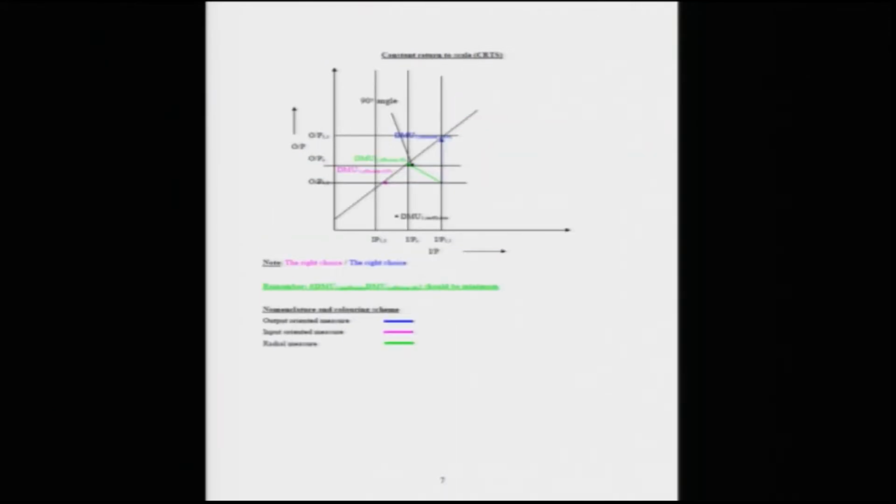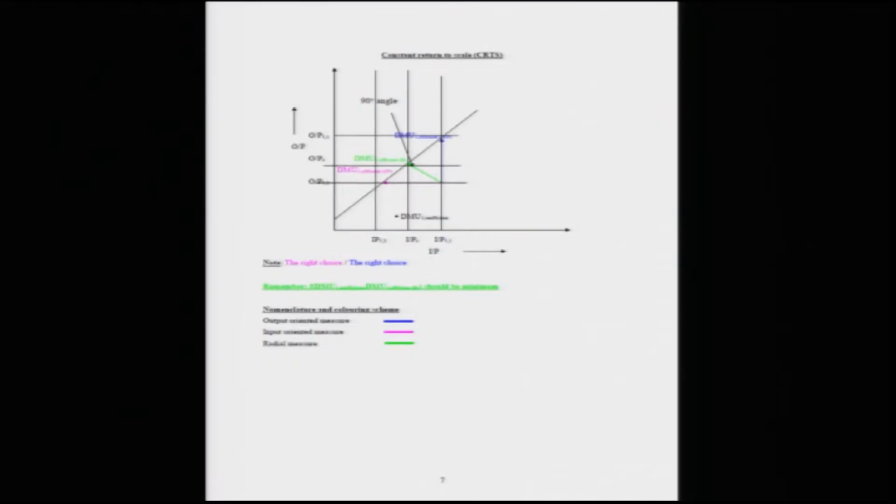Now, consider the constant return to scale. In the constant return to scale, obviously it is a straight line, with input or output being drawn on the x axis or y axis, whichever it is. So, in this case we have output along the y axis and input along the x axis. If you reverse the diagram, in the sense that you have input along the y axis and output along the x axis, the graph would still be straight. It means that for a 1 unit increase in the input, the output also increases in the same way, such that the constant return to scale is maintained.